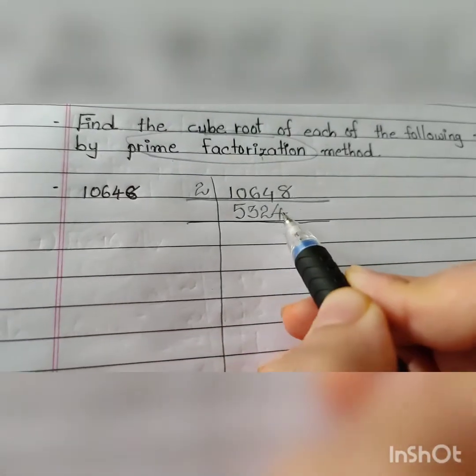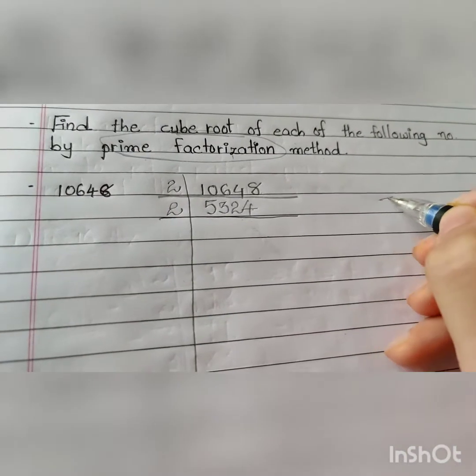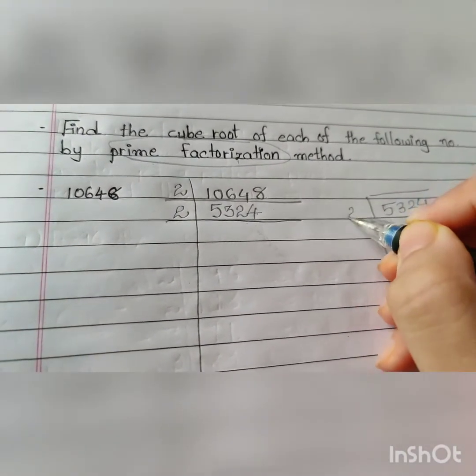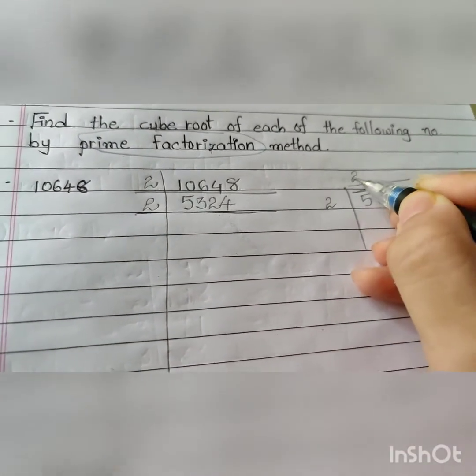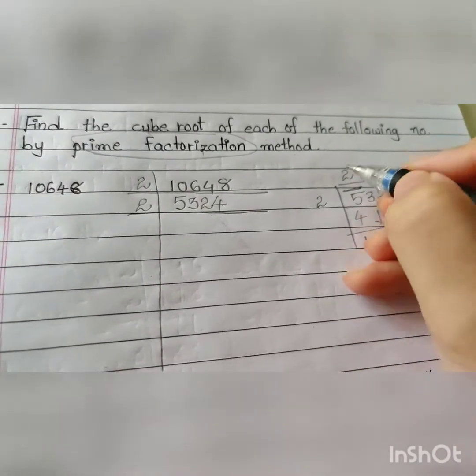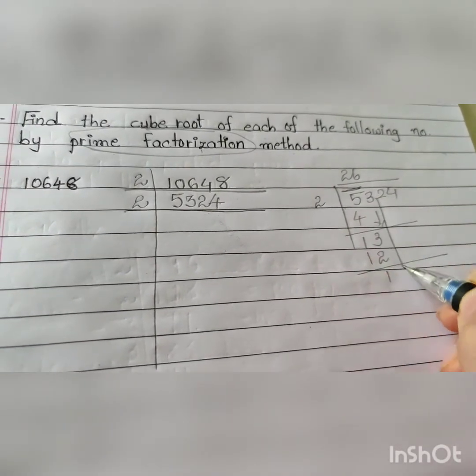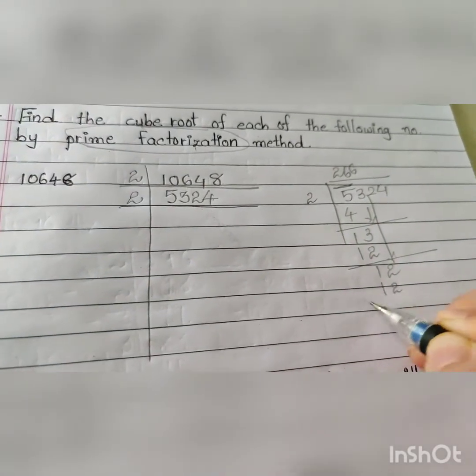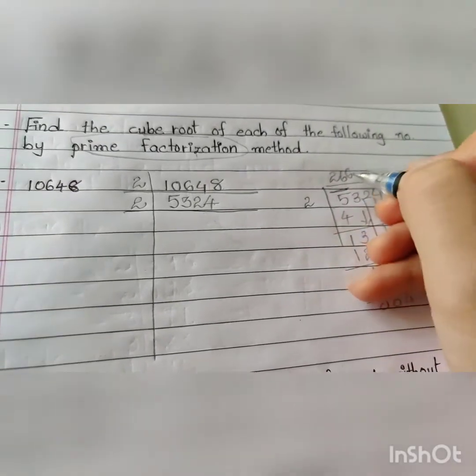Now again 4 is even, means you can continue with 2. If it is hard for you, then you can divide it in a rough work. 5324 divide by 2. Here this 5 is not there in the table of 2, so 2 2s are 4. 1 3, so 2 6 are 12. 1 2, 2 6 are 12, then 4 down, 2 2s are 4.